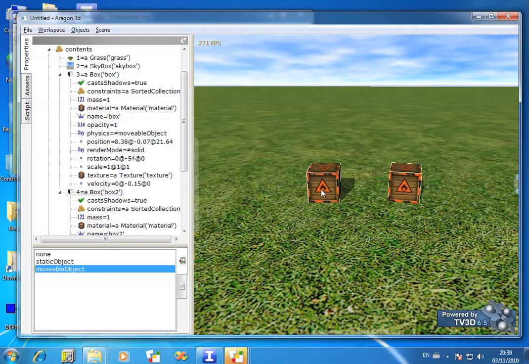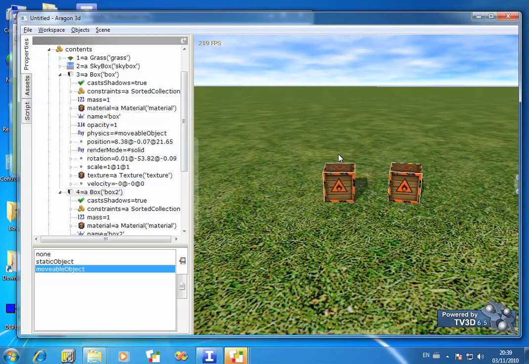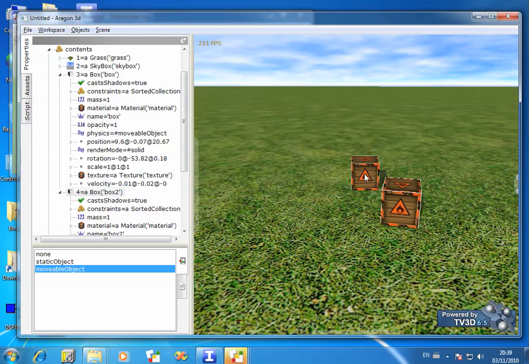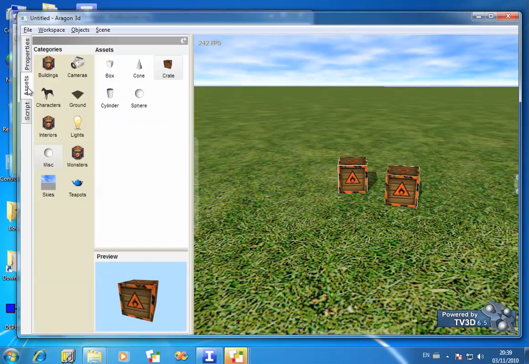So now, if we pick this object up and drop it over this one, you see the two interact and do what we'd expect. Now, let me show you with another object how the static physics works. So if we create, for example, a cylinder,